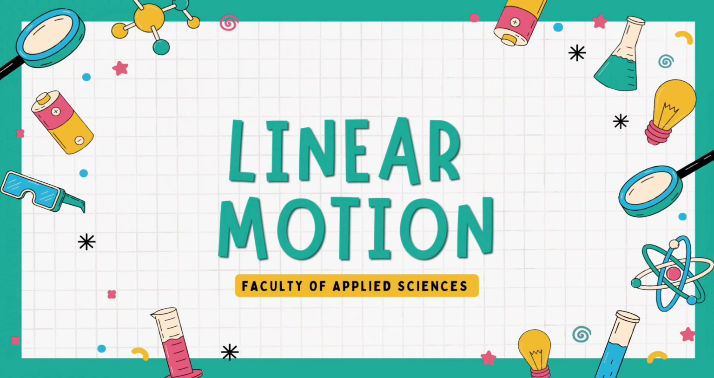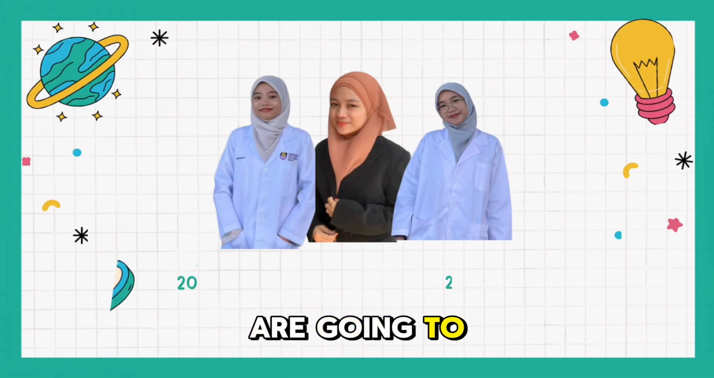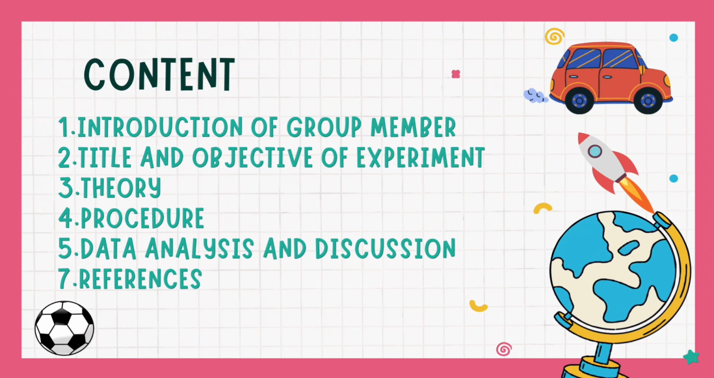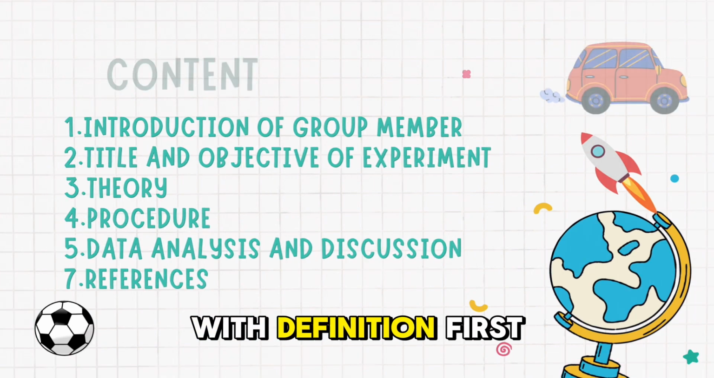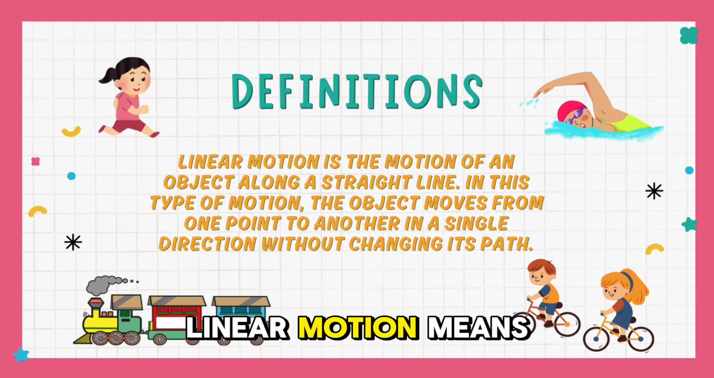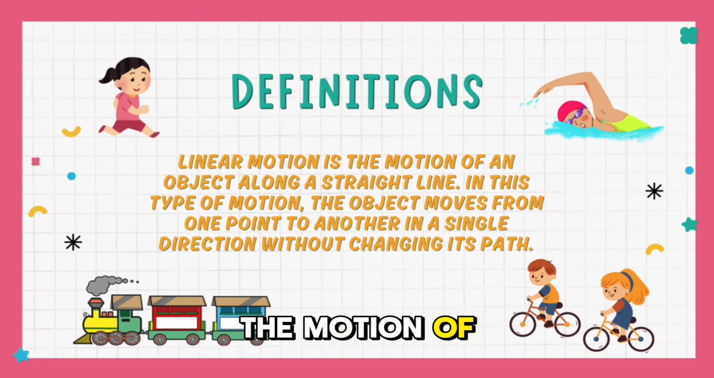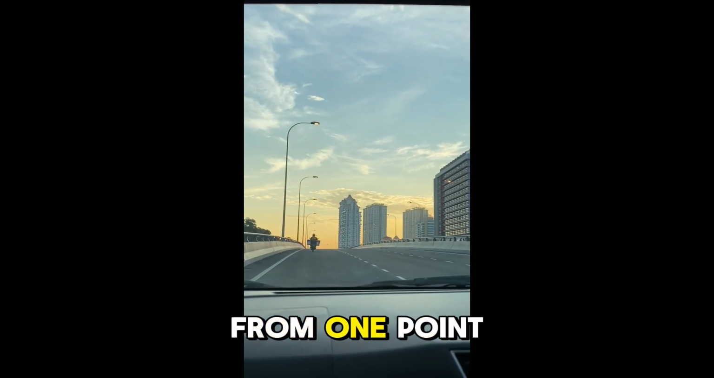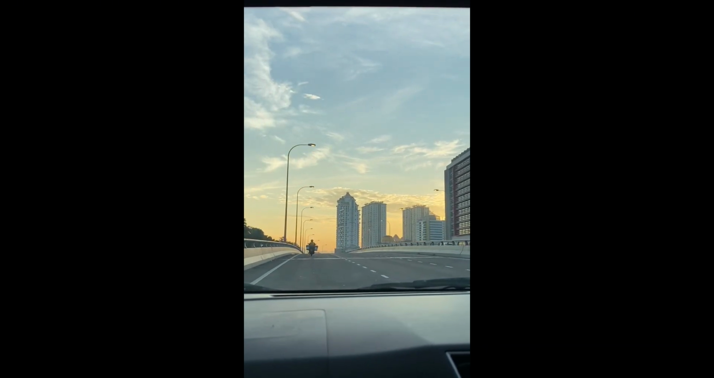So, in this video, me and my group members are going to present our laboratory experiment, Experiment 4, which is linear motion. So, let's start with the definition first. Before we proceed further, let's understand what linear motion means. Linear motion is the motion of an object along a straight line. In this type of motion, the object moves from one point to another in a single direction without changing its